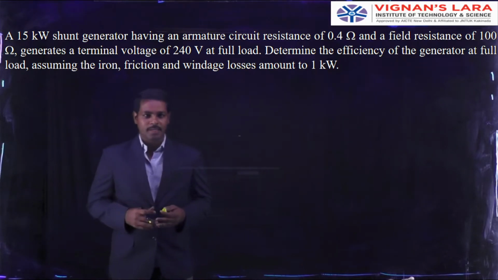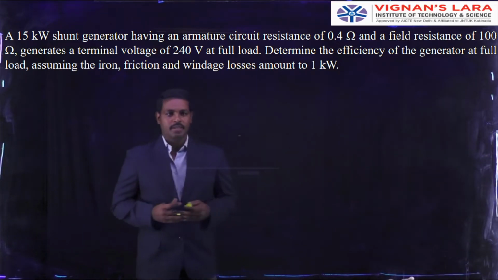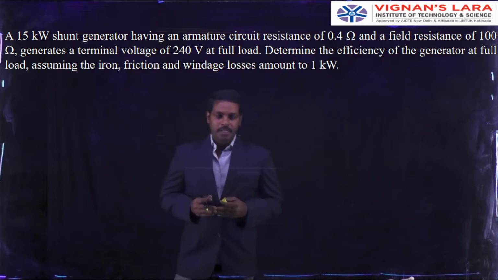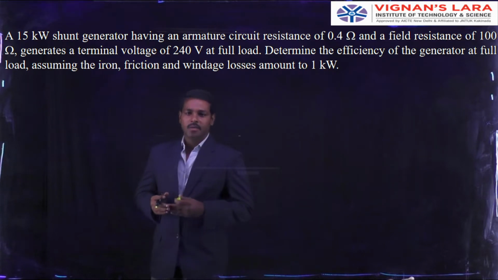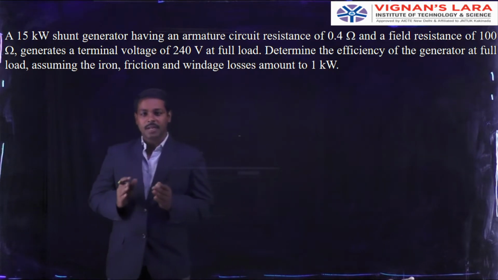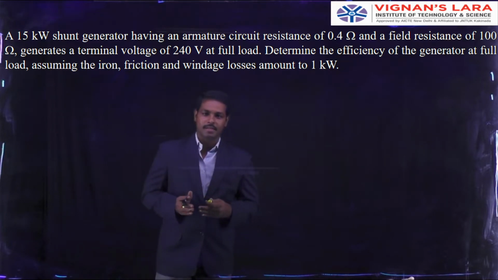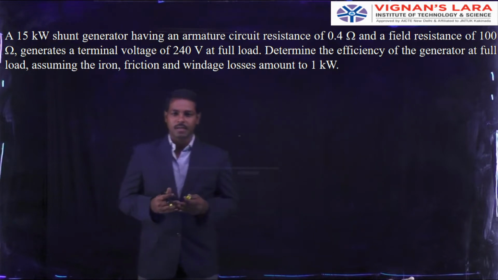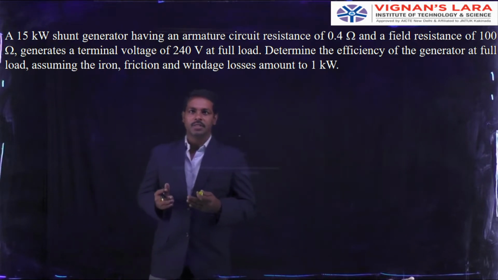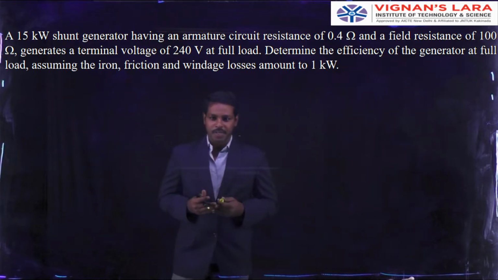Last class we discussed the classification of motors, armature reaction, commutation and characteristics of a DC machine. Today we are discussing problems related to the previous topics. In the previous classes, we learned about the back EMF, which is equal to ZNP by 60A, and the voltage and current equations of a motor.